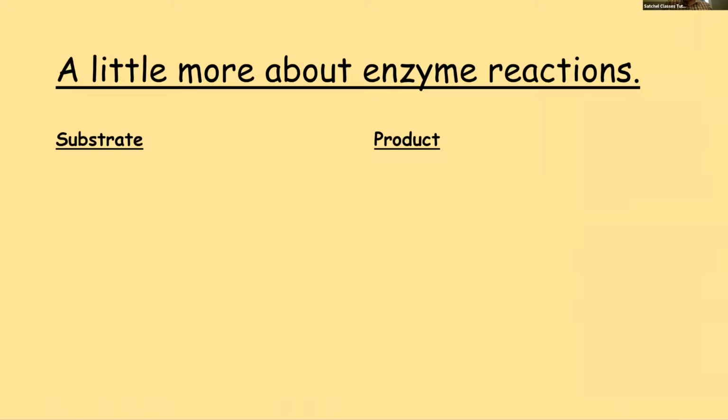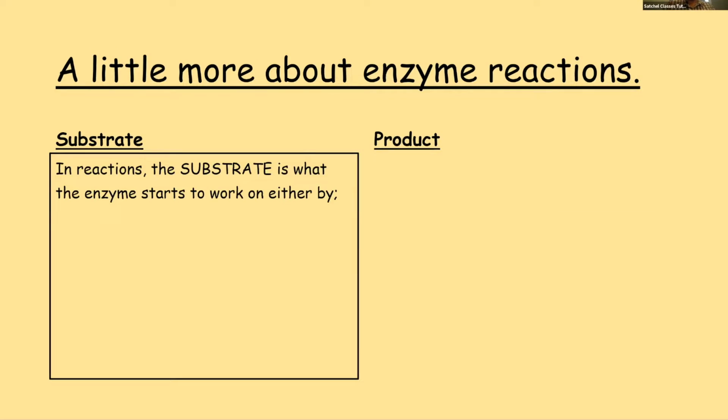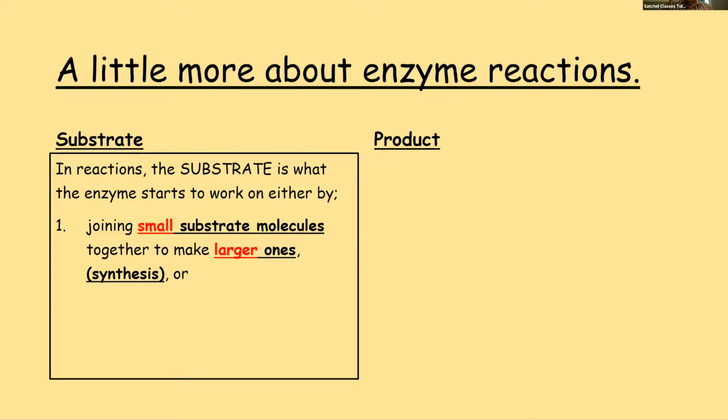Before we go on, a little more about enzyme reactions. In the same way that a chemical reaction has a reactant and a product, enzyme reactions talk about substrates and product. In reactions, the substrate is what the enzyme starts to work on. And remember, it can either work on it by joining small substrate molecules together to make larger ones in a